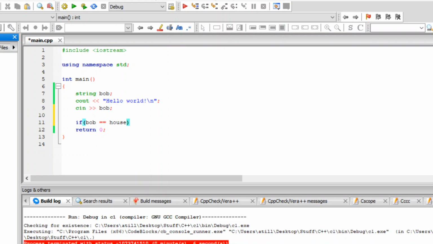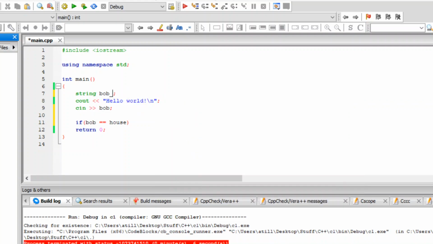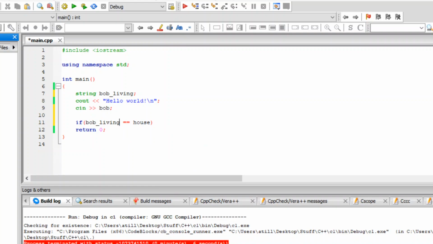If Bob is a house, Bob underscore house, Bob equals Bob's living. There, just Bob's living is equal to a house, then